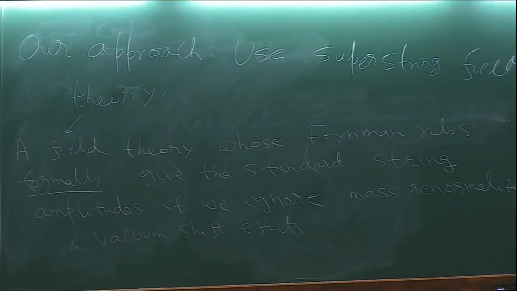We shouldn't sum over diagrams of this kind, or sum over diagrams of this kind. Whenever you encounter a diagram of this kind, you know that there is a mass renormalization going on here, so you have to use the LSZ procedure and cut off the external propagator. Whenever you encounter a diagram like this, you know that the vacuum is being shifted, so you have to go to the shifted vacuum, expand around the new vacuum, and carry out your perturbation theory. Once you have a string field theory, you can carry out that procedure,